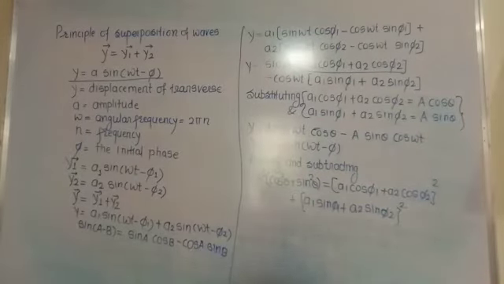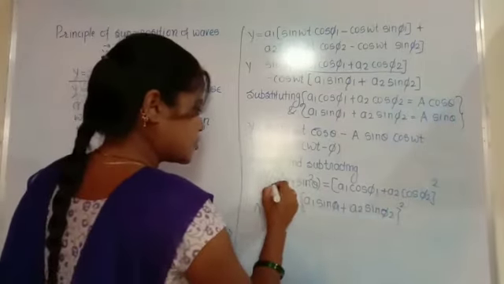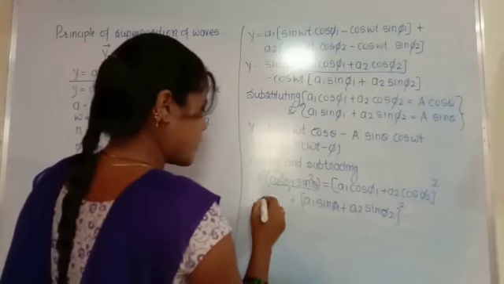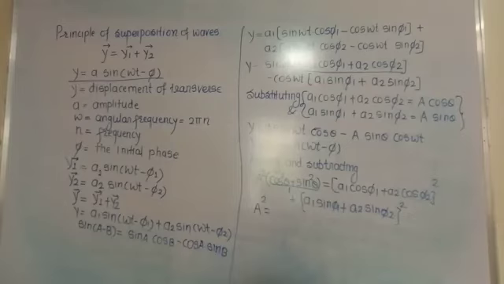Okay, we know that sin square theta plus cos square theta is equal to 1. Therefore this term becomes 1. So we have a square is equal to, and after solving the first bracket and second bracket, we get